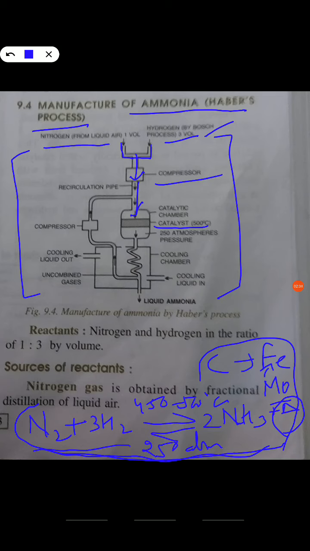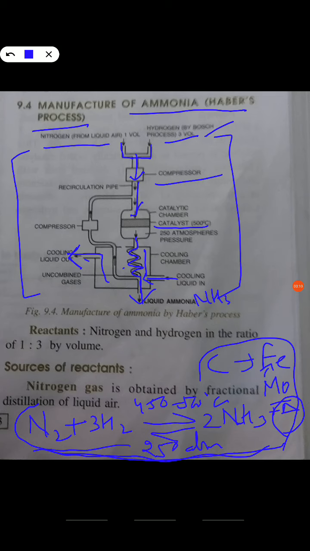continue the process. Now since the ammonia gas formed and the leftover nitrogen and hydrogen are hot, we need to put them inside the cooling chamber. It will go inside the pipe and this cooling chamber contains a cooling liquid which will go through it. It will cool the gases inside the pipe and the liquid, when it becomes a little hot, can come out from this side. Now our gases are cooled, but we have only 15% ammonia. So this 15% ammonia, we can collect it.